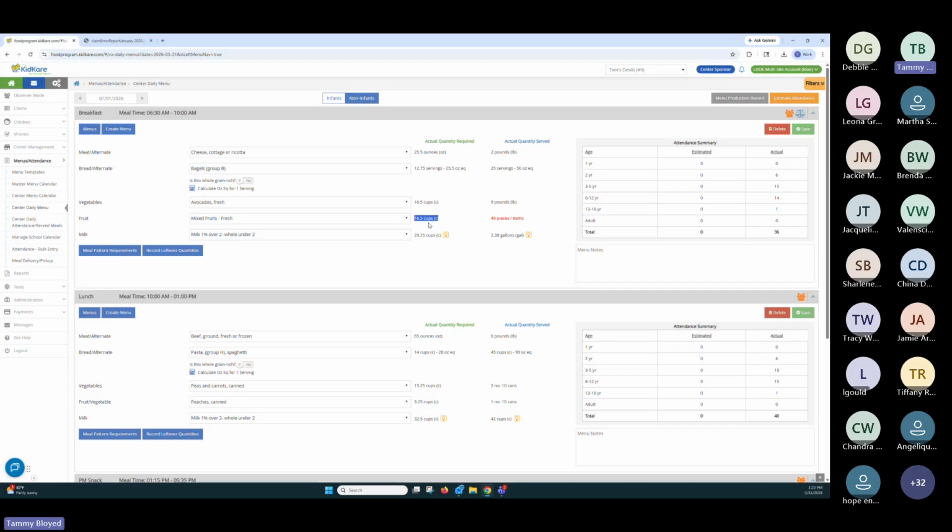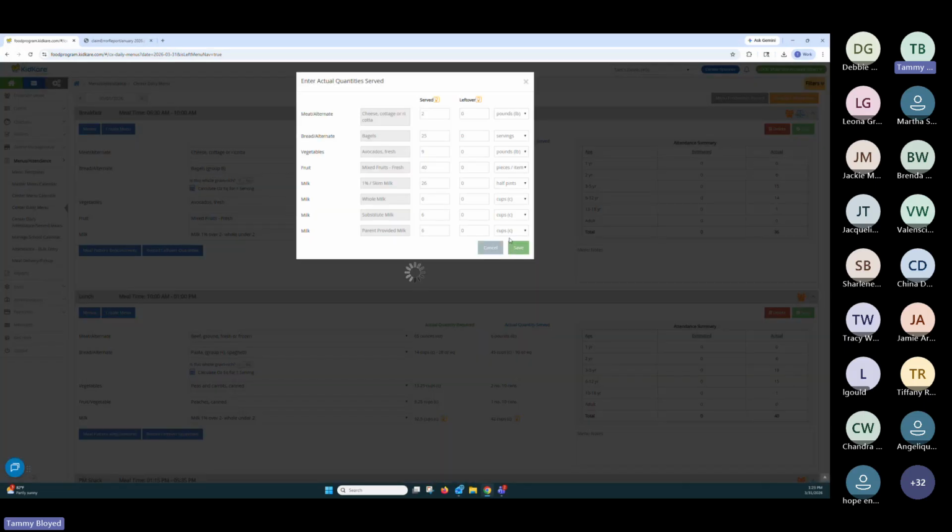But it doesn't know how to convert 40 pieces of mixed fruit to the cups that it's looking for. The amount required is always going to tell you what it's looking for. So it's looking for cups for fruit. And 40 pieces of apples is very different than 40 pieces of oranges as far as the cup distribution. So you can't do that. You're going to have actually done the math and figured out that the 20 apples was, I forget how much now, 18, I think, cups, and the 20 oranges was closer to 16 cups. And then you will just put in the 36 cups that was available for the children.